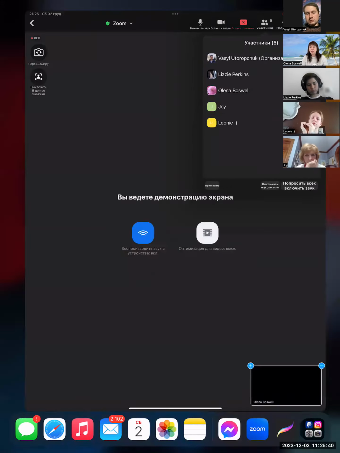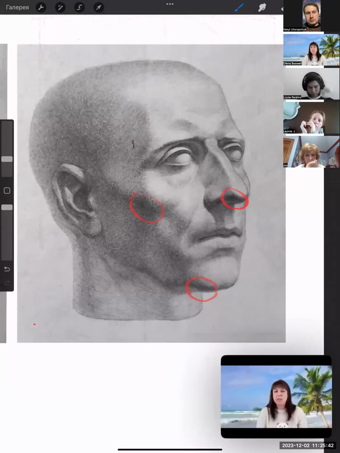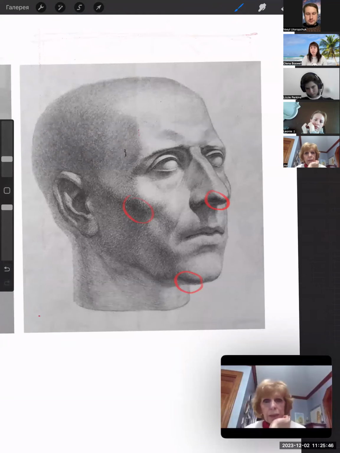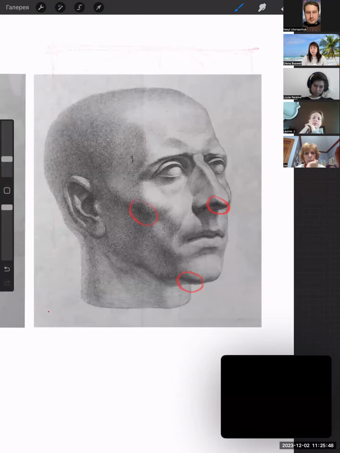And basically by squinting your eyes, you help yourself to determine what is the best